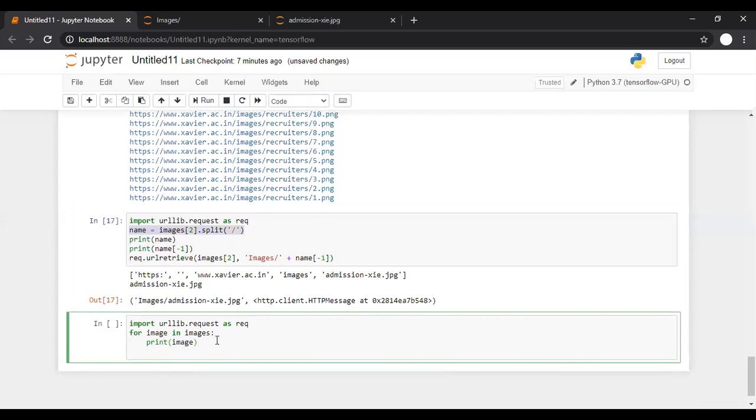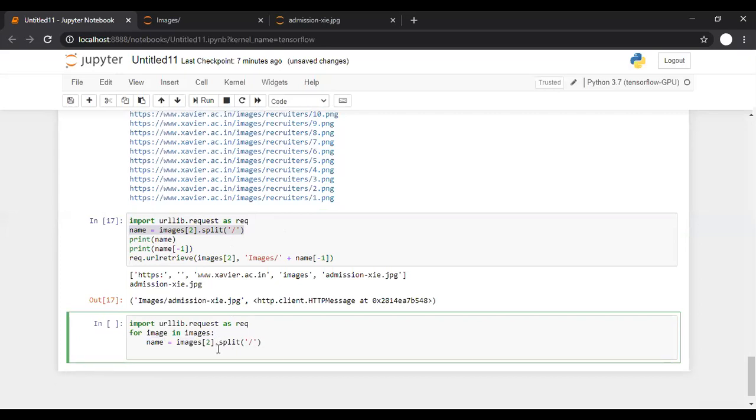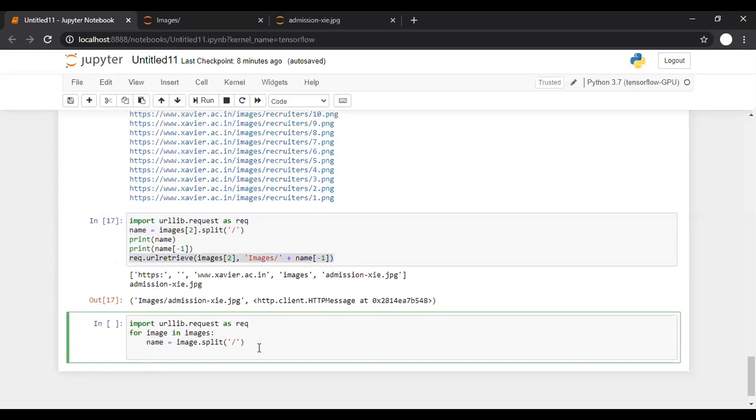Split code. Now, instead of images of 2, it will be image.split. So for image in images, this image contains the image path. I'm splitting it on slash, and now name will contain the entire array. What I'm looking for is name of -1, which contains the actual name with which I want to save the image.